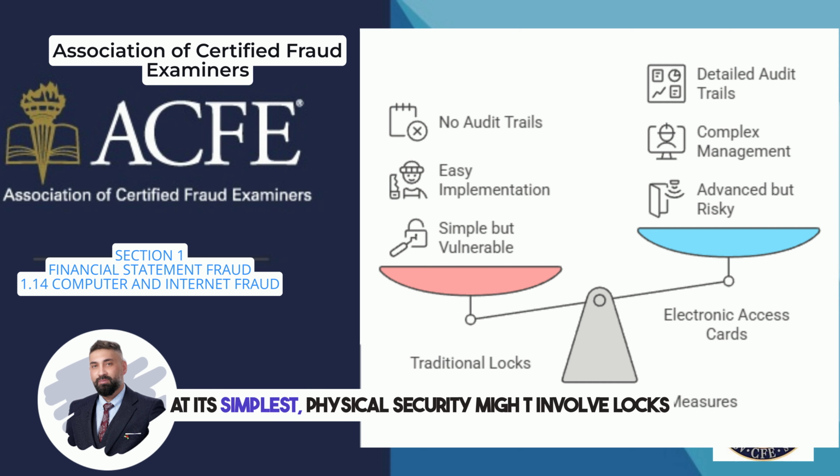At its simplest, physical security might involve locks and keys, a time-tested symbol of access control. While easy to implement and cost-effective, the old-fashioned lock comes with its flaws. Keys can be lost, duplicated, or even stolen. To solve this, many organizations adopt cipher locks, where a code replaces a physical key. But here's the catch: just as passwords can leak, so can lock combinations. Regularly updating codes, particularly after staff changes, is critical for maintaining security.